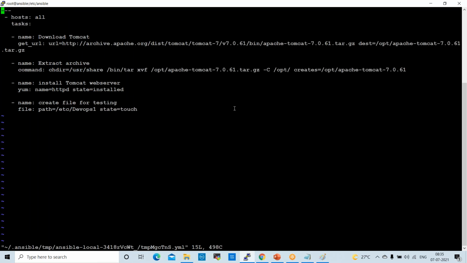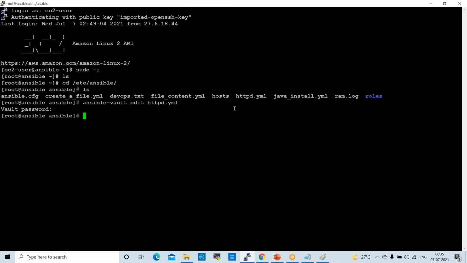So inside of this, we have some playbooks. In insert mode, you can remove this, like this, you can remove. And escape, save and quit. Right? You can edit the playbook using Ansible Vault. Whatever content you have inside of the playbook, you can edit that.